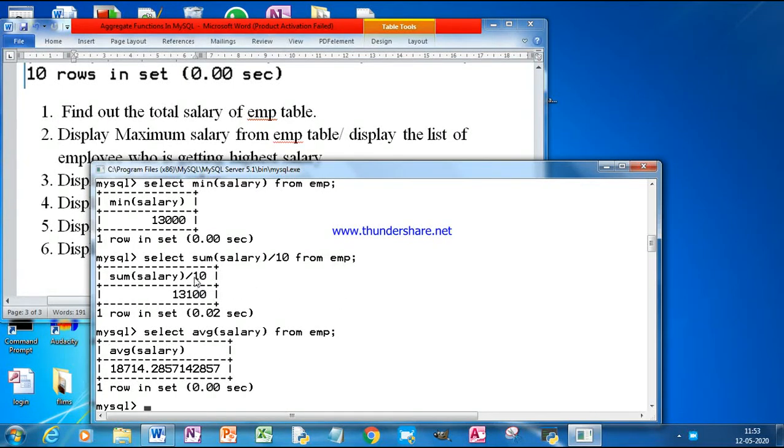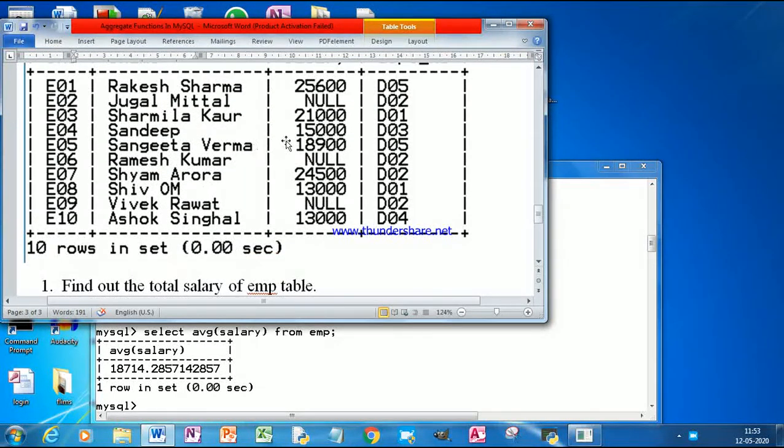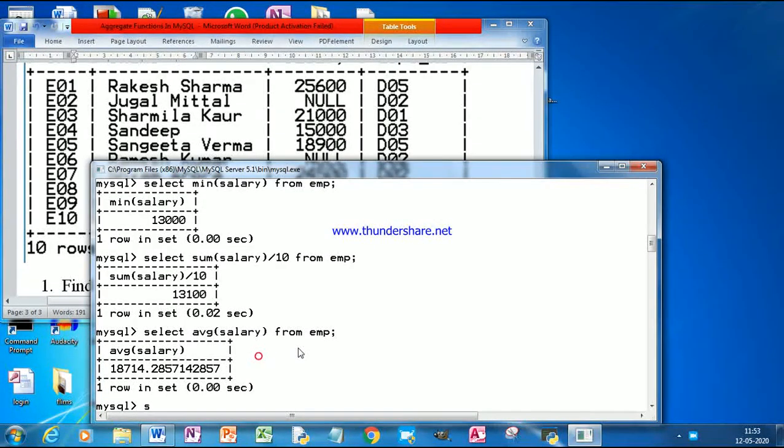It means there are 3 null elements. It ignores all these null values and divides the total by 7. Select sum salary divided by 7 from EMP.